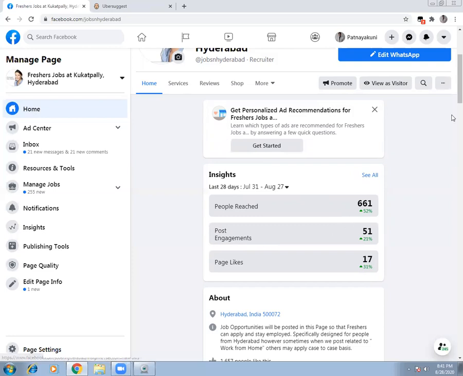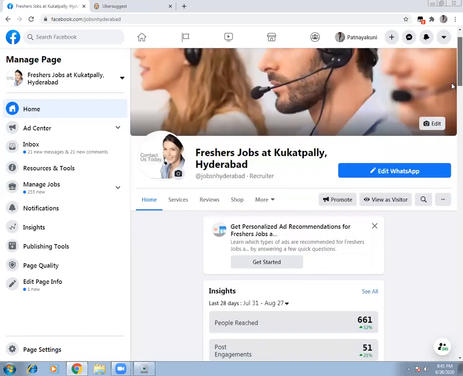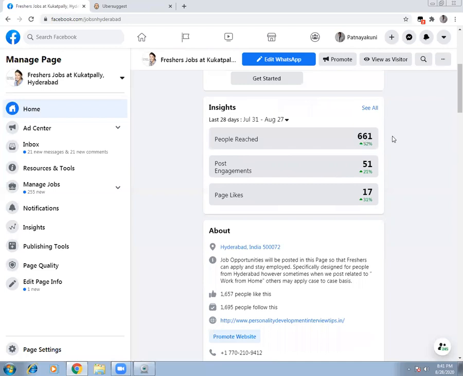So there are close to 1600 people, and out of those, 600 odd people are watching my posts in the last 28 days. And I got 17 page likes in the last 28 days. So this gives you some real-time statistics.